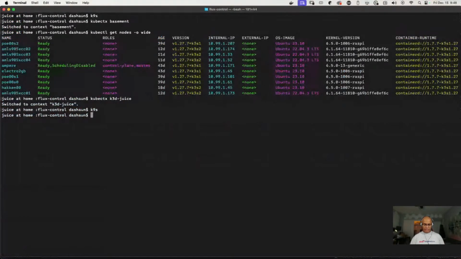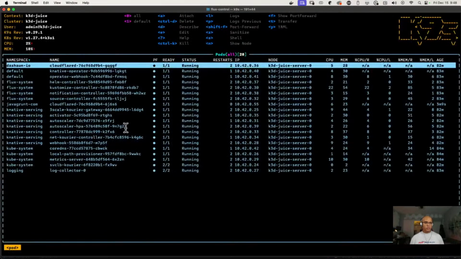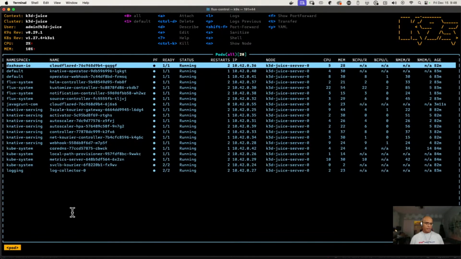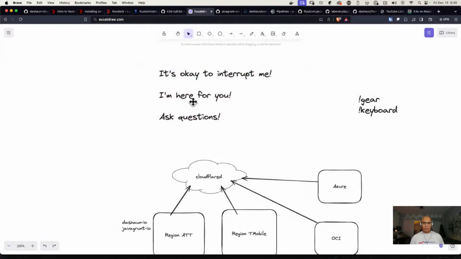We should be able to say cloudflared tunnel list. And we can see that I've got connections, and that DNS should be set up. So now here's the thing. What I'm expecting, we'll give it a second to connect the dots, but what I'm expecting is that now, if